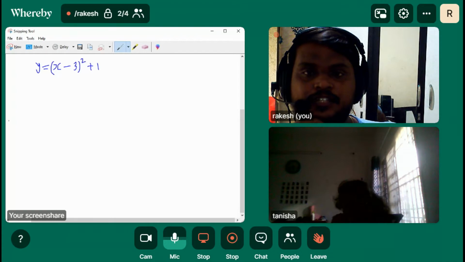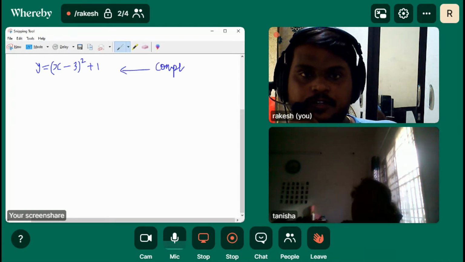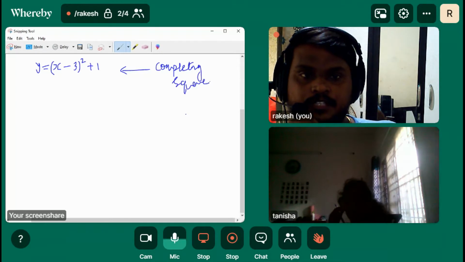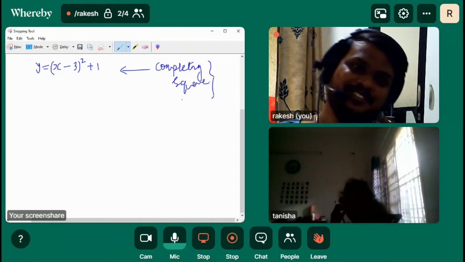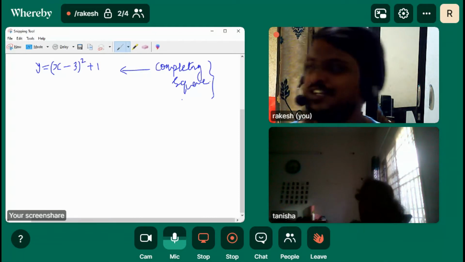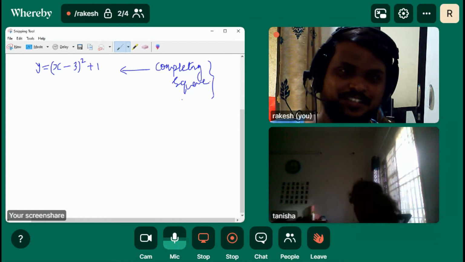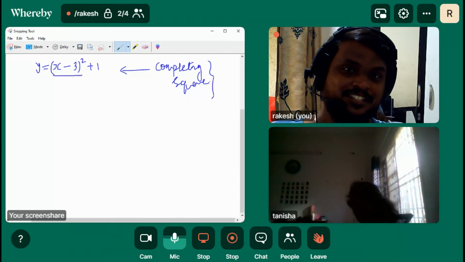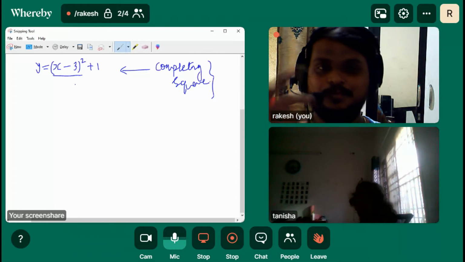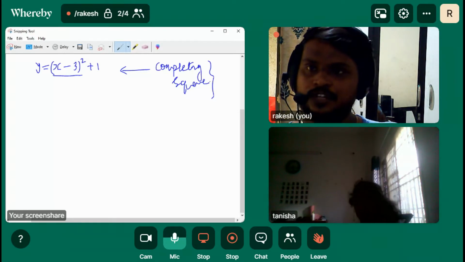Which book are you actually referring to? Because this is another method called completing the square. Completing the square is what we've been doing, to find the minimum or the maximum point. I told you there are a lot of methods to draw a quadratic function, and this is one of them. When I saw this, I realized it may be in your book, like completing the square or the axis of symmetry. So which book are you referring to?